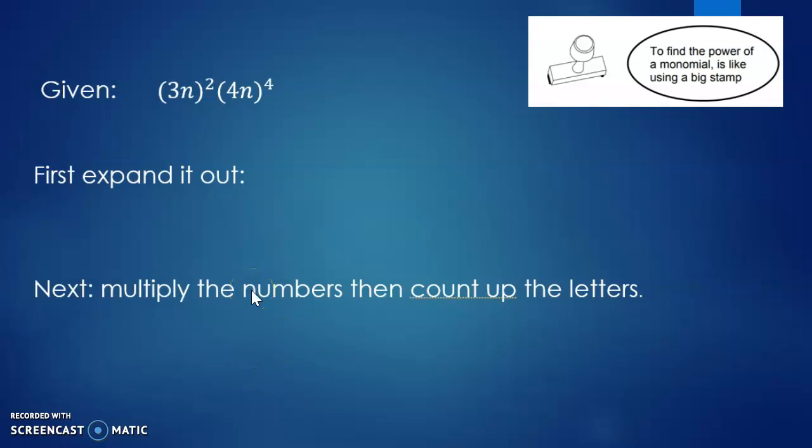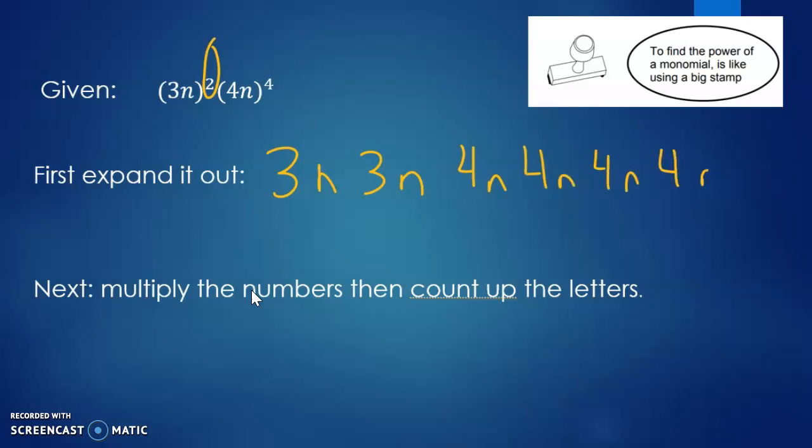That is fine. This is going to be 3n. I wrote it twice because of that exponent right there. 4n, 4n, 4n, 4n. I wrote it 4 times because of that. Multiply the numbers and then count up the letters. 3 times 3 is 9. 4 times 4 is 16. 4 times 4 is 16. So you have 16